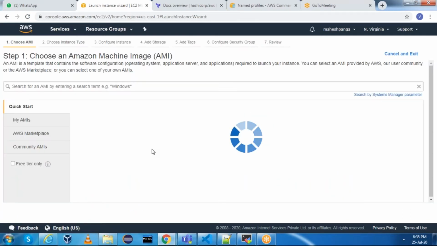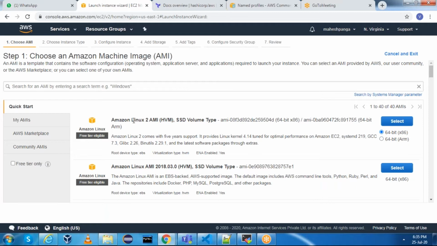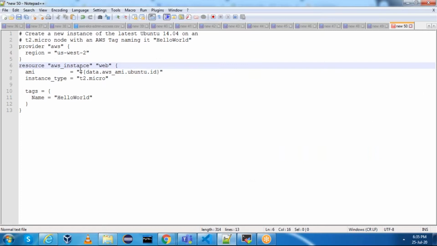Go to launch instance and pick the image you're going to launch. Got stuck, I'll open another.